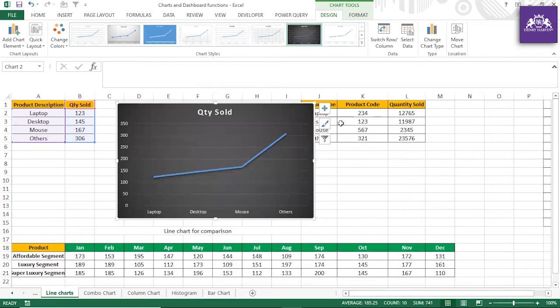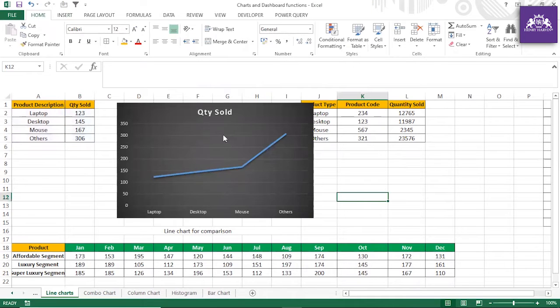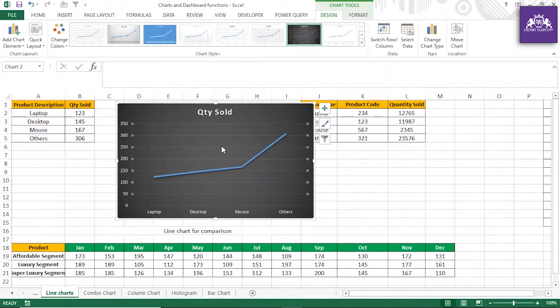Let me select this, and you notice there are gridlines. You can select all the lines, or just click anywhere, and once all the lines are selected you can press Delete. You can see the product descriptions: laptop, desktop, mouse, and others. This trend or trajectory is going towards high.